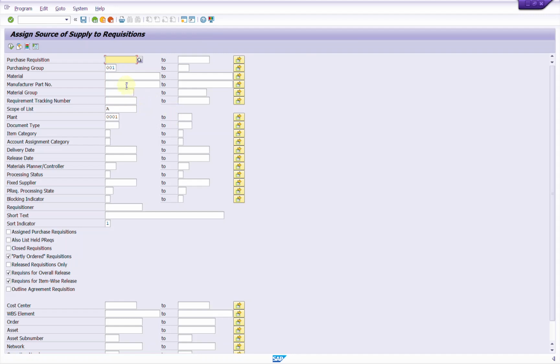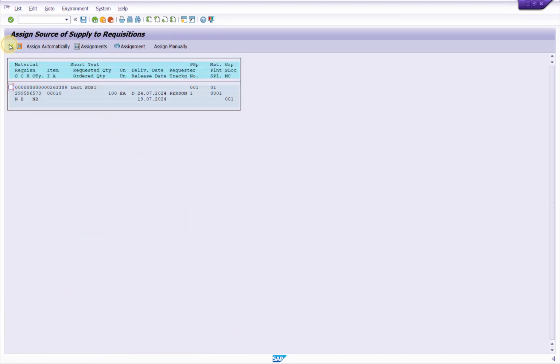Here we can get all the PRs that don't have a source assigned. We can either filter with certain criteria like material group or plant, or if we know a specific PR, we can take that one. I will take an old example PR, and if I execute, okay, this PR is not there. Let's say this one. So we can take a certain PR as an example,